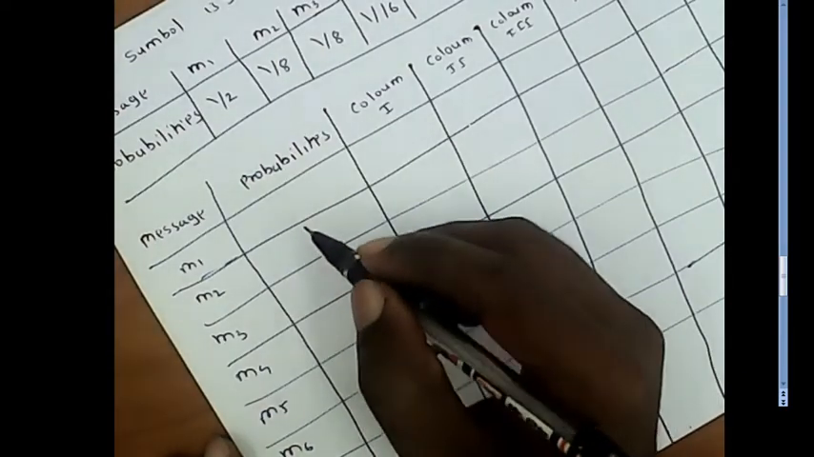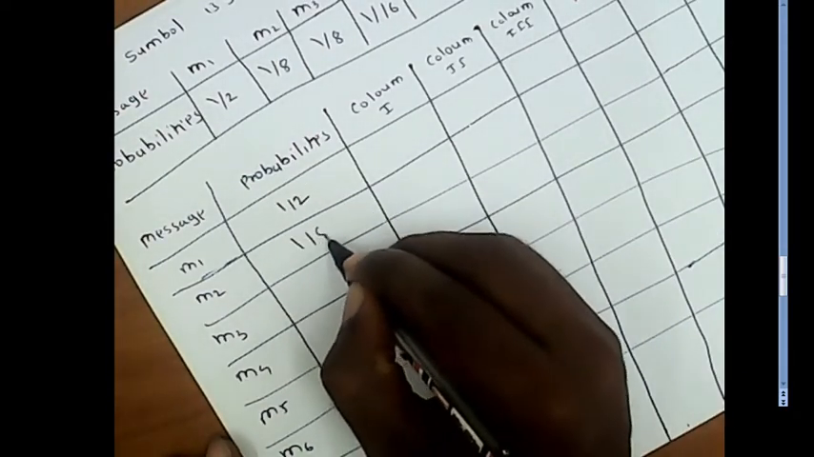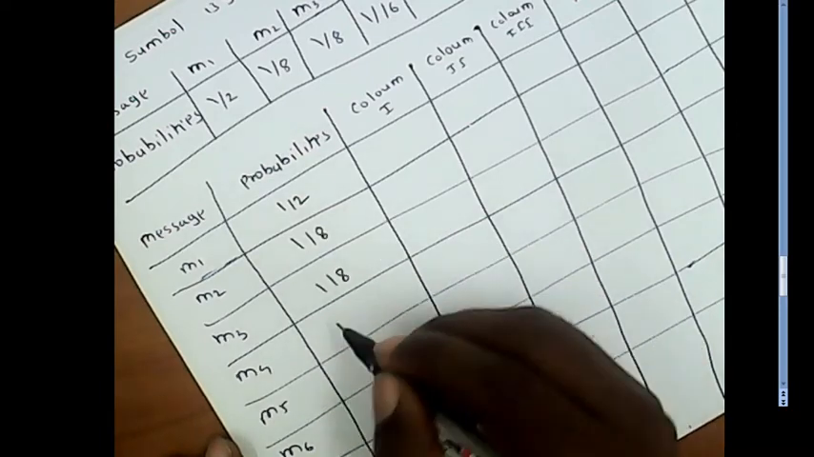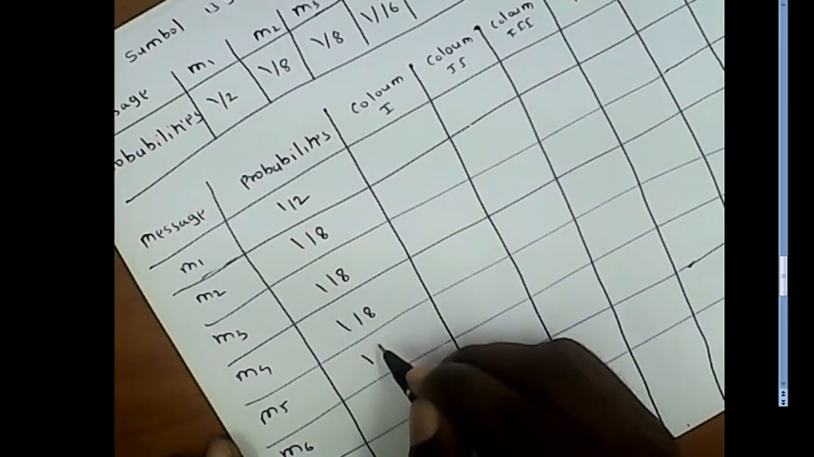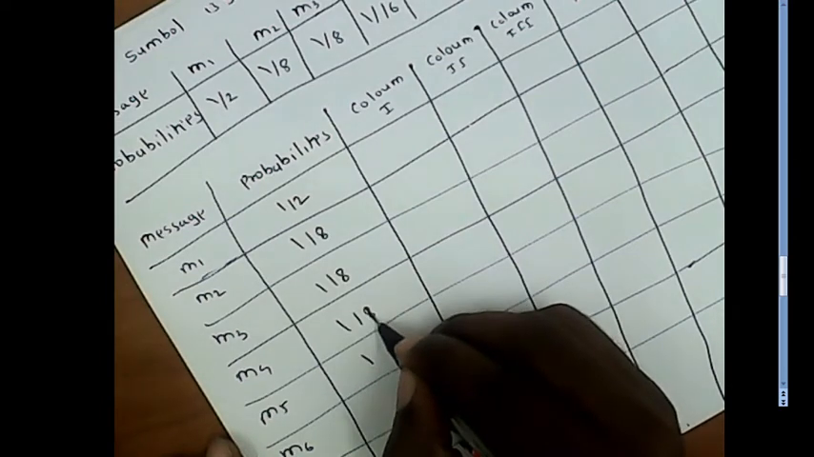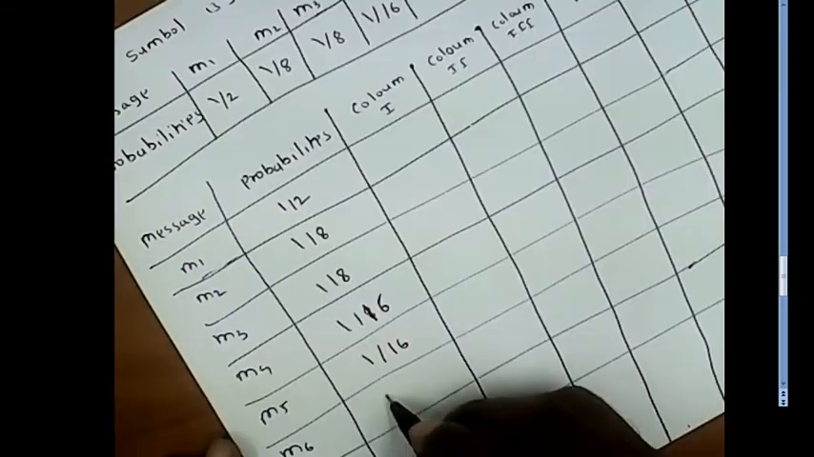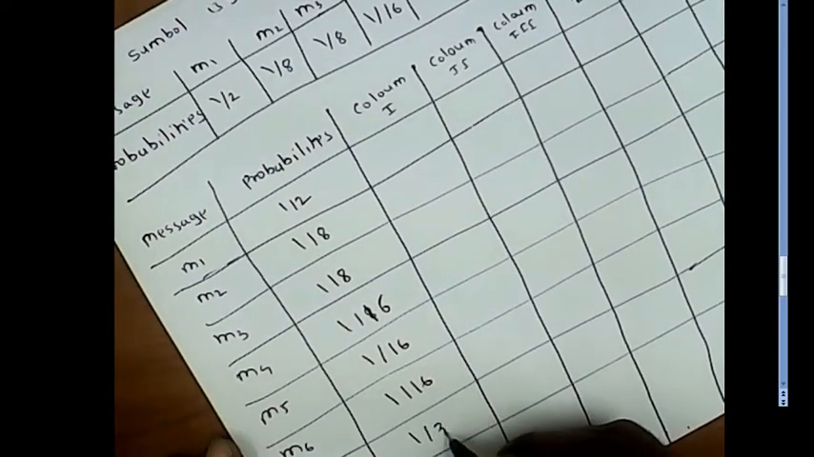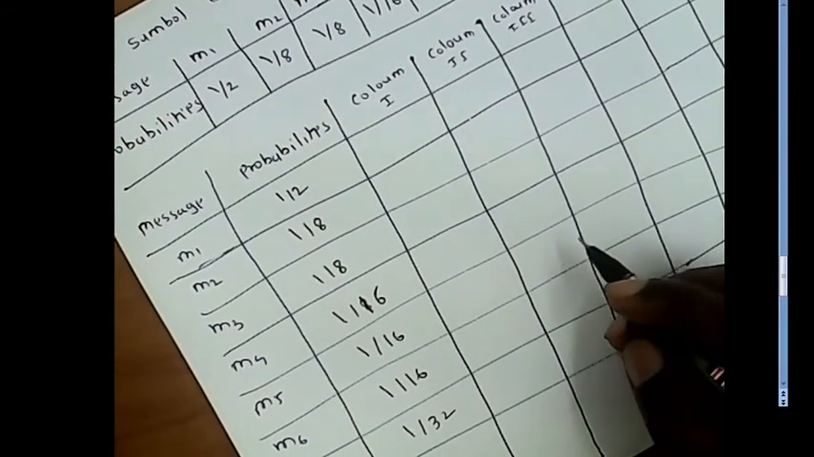So we can write here 1 by 2, 1 by 8, 1 by 8, 1 by 8, then 1 by 16. The probability of message M4 is 1 by 16, again M5 is 1 by 16, M7 the probability is 1 by 32 and the probability of message M8 is 1 by 32. Now